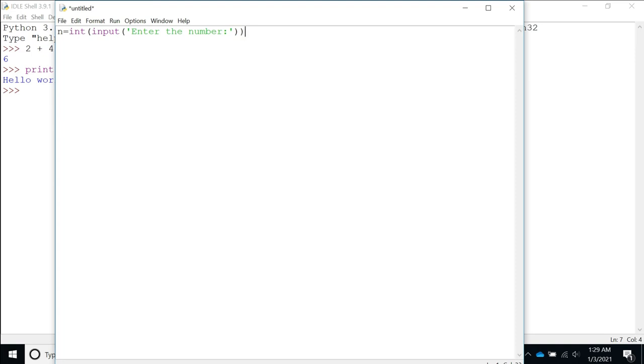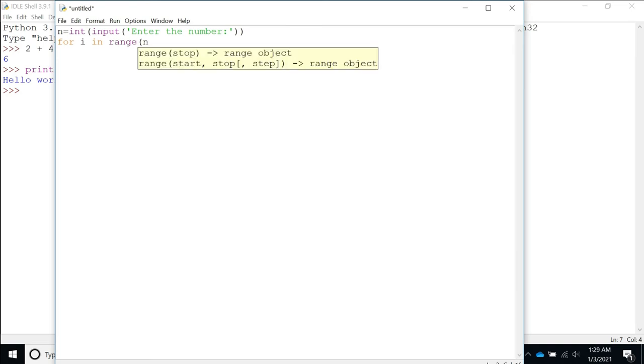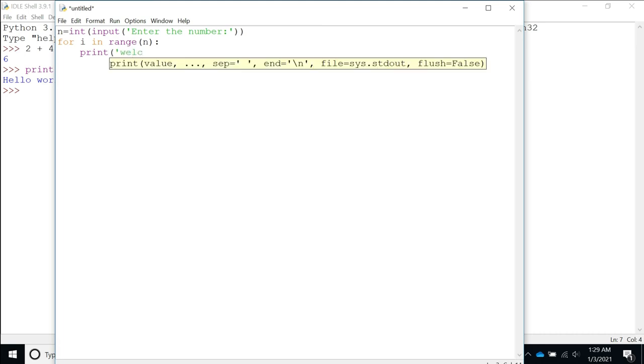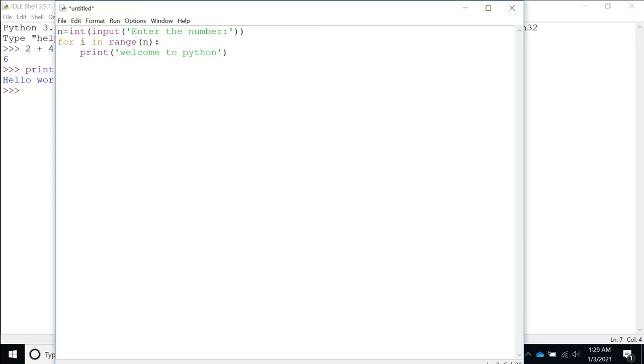This is just to show you how to run a Python script file in IDLE. For i in range of n, print welcome to Python, okay. So here what it will do, this Python script, we will enter the value of n. So if you enter n as 2, it will print welcome to Python 2 times, okay. So once you write it, you have to save this.